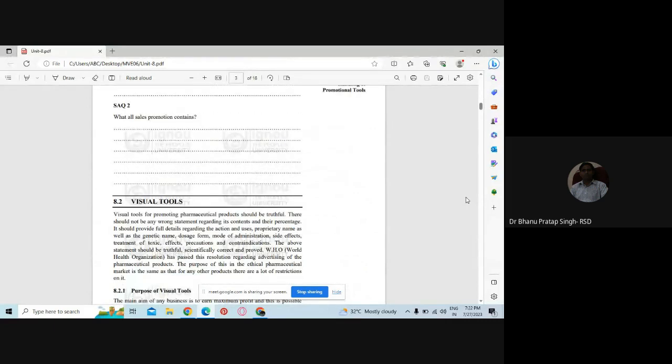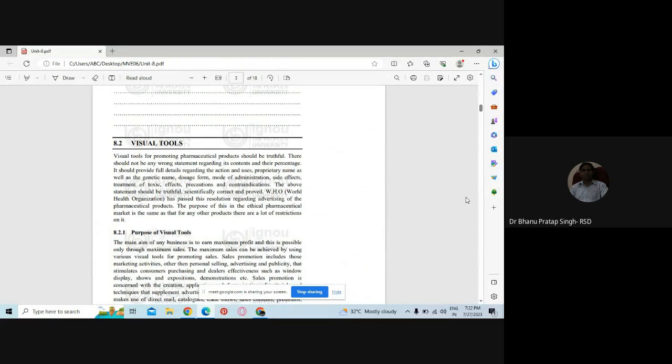What are the visual tools? Visual tools for promotions of pharmaceutical products should be truthful. There should not be any wrong statement regarding its content and their percentage. It should provide full detail regarding the actions and use, proprietary name as well as the generic name, dose, all information, even the administration, what are the side effects, treatment of toxic effects, precautions, what precautions should be there,